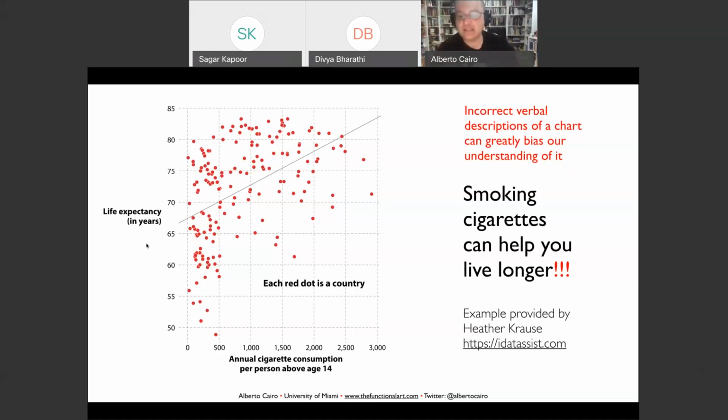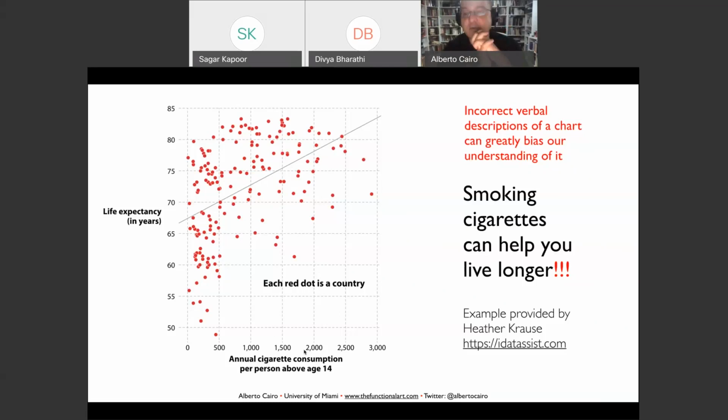It could be that cigarette consumption causes higher life expectancy, but we could also have a case of reverse causality, and it could be that life expectancy leads to more cigarette consumption, or it may be just that there is no causal link between one thing or the other. There may be other variables that we are not considering that explain this statistical association between the two variables. But we could go way beyond that, and we could use this example to explain certain principles